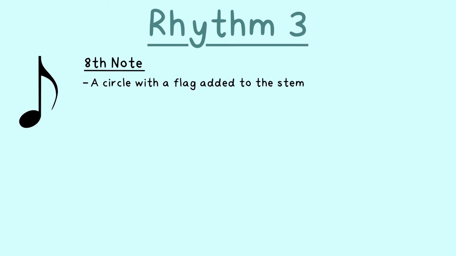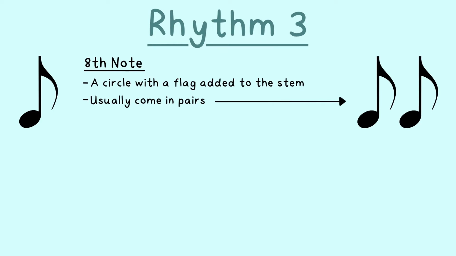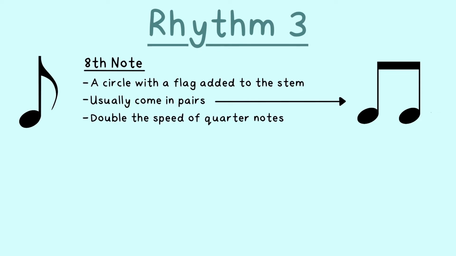You have already learned about half notes, half rests, whole rests, quarter notes, and quarter rests. But let's talk about another rhythm, the eighth note. This is an eighth note. It is a circle with a flag added to the line. Often, when playing eighth notes, they usually come in pairs and then they are grouped together like this. As you can see, the flag on both the notes is turned into one line. Eighth notes are double the speed of quarter notes, meaning that you should play them twice as fast as quarter